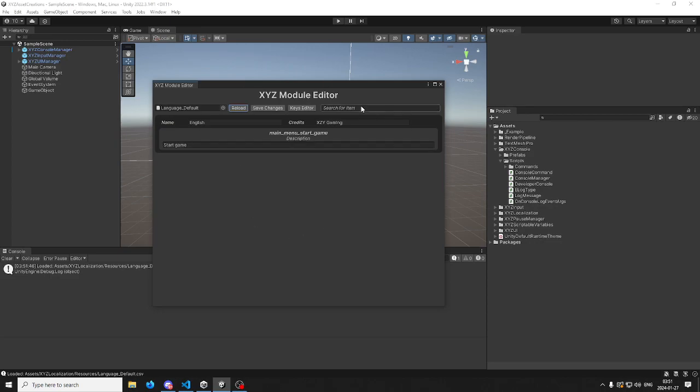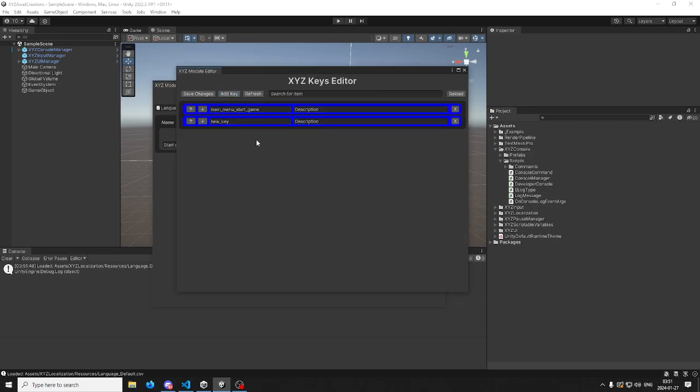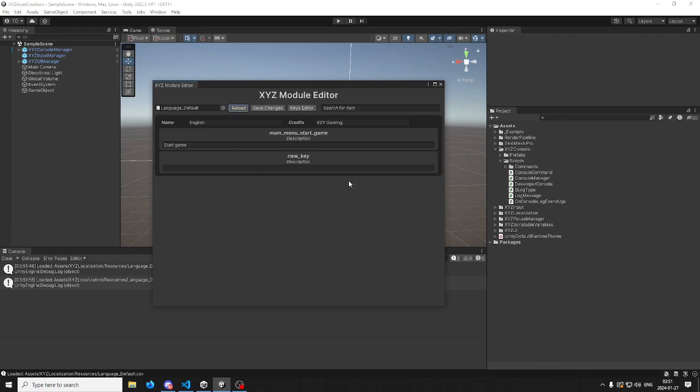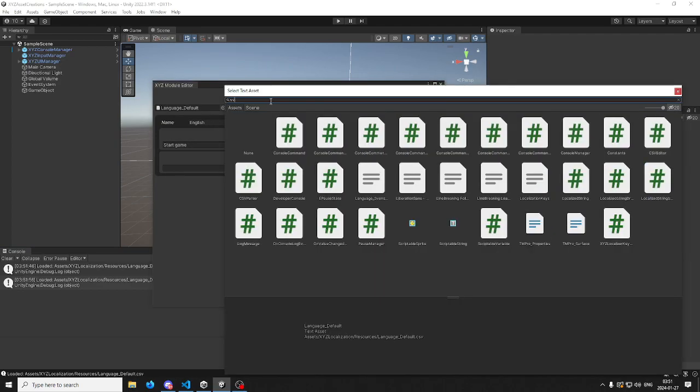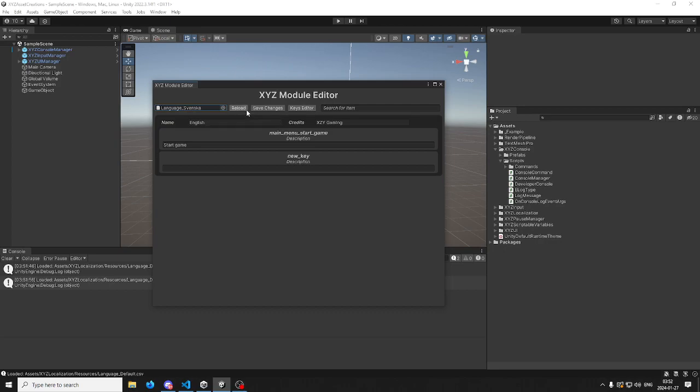So everything is also dynamic. If I were to add keys and save these and reload, I'm getting the new keys on all of the language modules, which is very, very neat. And on top of that, the system works in a way where the default language module and any language module that we make defaults, they are loaded into the game. They are loaded into the game from the actual game files, whilst external language modules will be loaded at runtime,